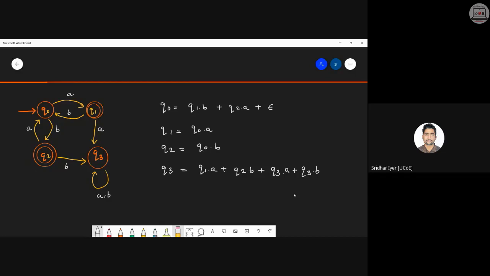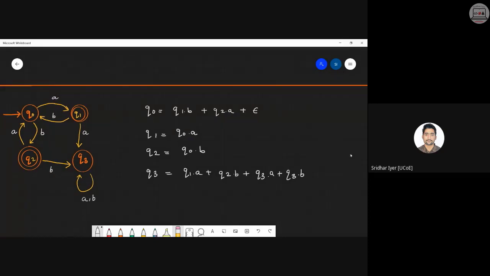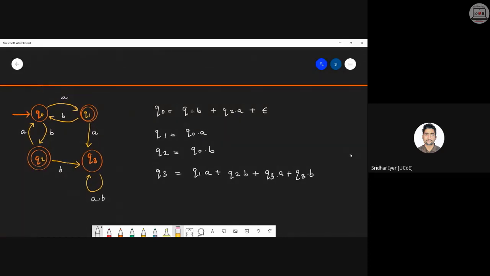Now, before starting with the substitution, I would like to tell you something. Have you written all the equation states over here? All the four states? Anushka, just wait. I will just tell you one thing. Over here, have a look at Q3 state. Pay attention towards Q3 state only. Okay.